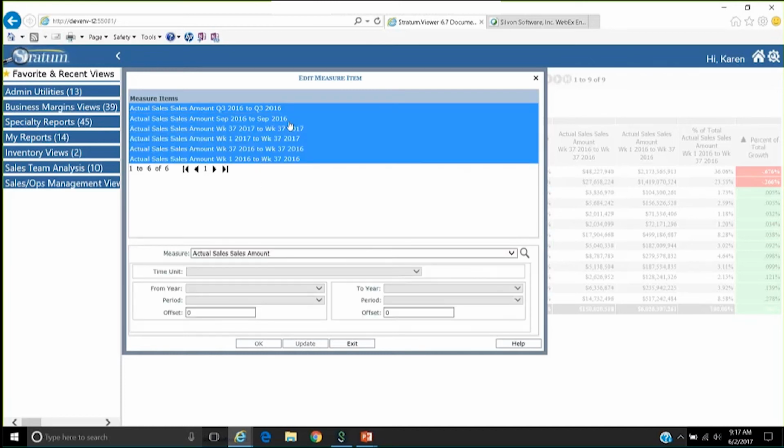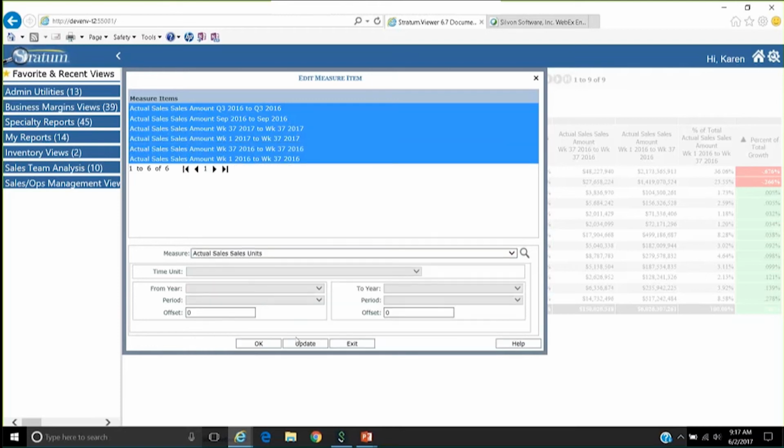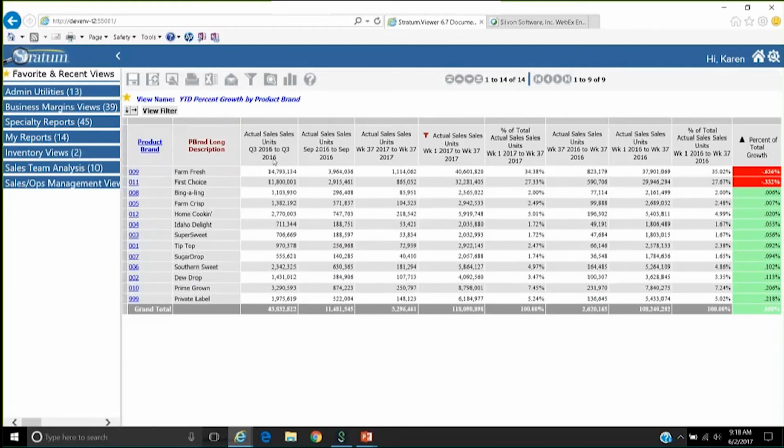Here again, everything I selected, it disables properties that are not shared in common, but it does let me change the measure since all of these are currently built on sales amount data. I want to look at sales units, pick that, update, make sure it's what I wanted it to do, and exit. So now I'm looking at units throughout the view, and you'll notice my 2 captions have reflected that change as well,